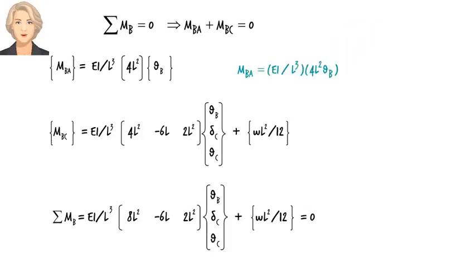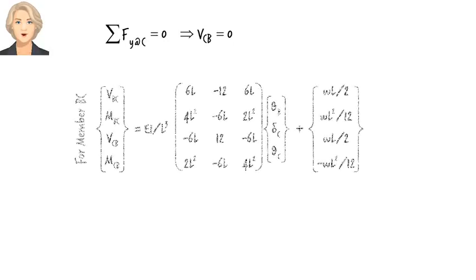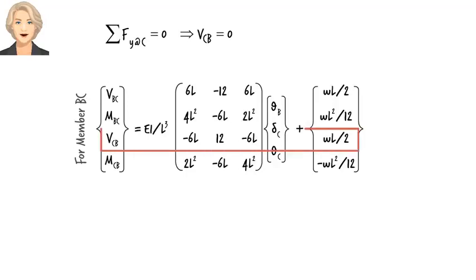Here is the first equation. Here is the second equation. And here is their sum. It equals 0. You may want to spend a few minutes here examining the relationship between the two notations. Here is our second equilibrium equation. We need VCB in matrix form. Here are the equations for member BC. VCB, the third equation in the set, can be easily extracted from the matrix, so we can write